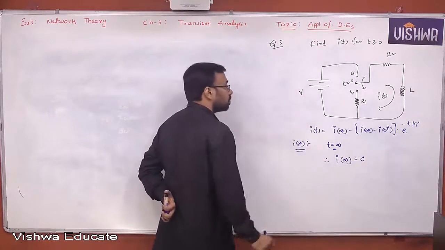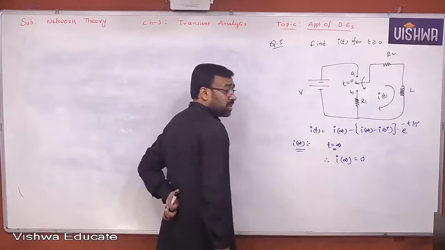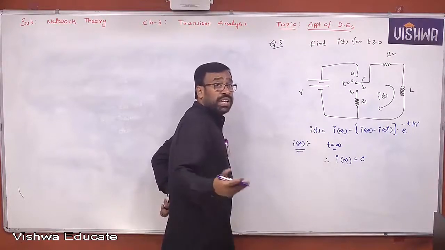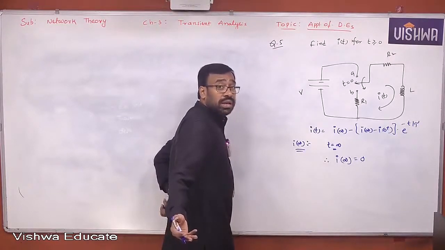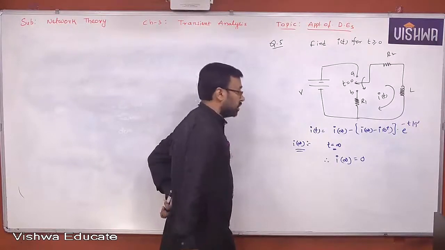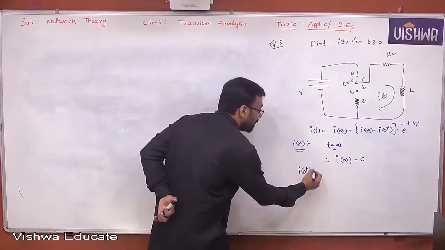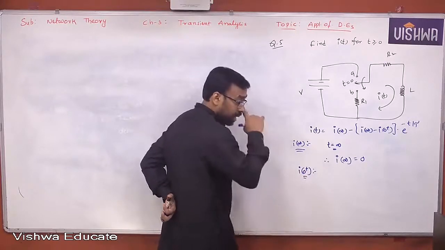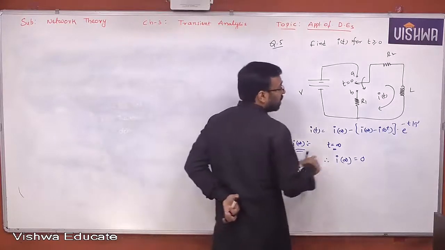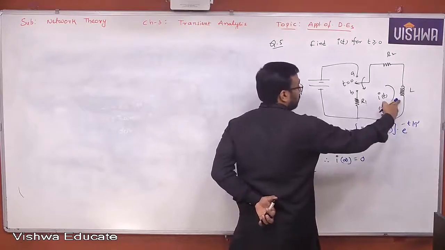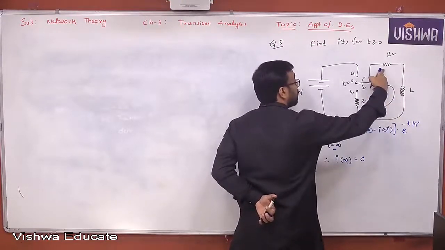Right? So it's very clear. There is no steady state response. Source free response, we call it. Understand all of you? Okay? Now, I of 0 plus is very, very important. 0 plus is always very crucial and critical, I'm telling you. But what is this I? I is the current through inductor. Not current through resistor, but current through inductor.